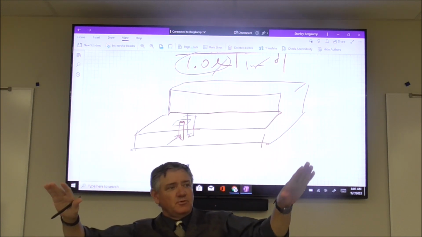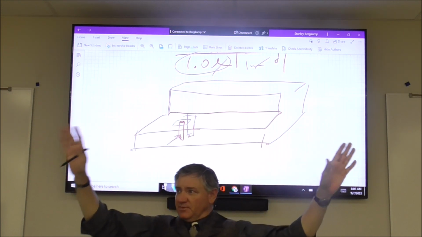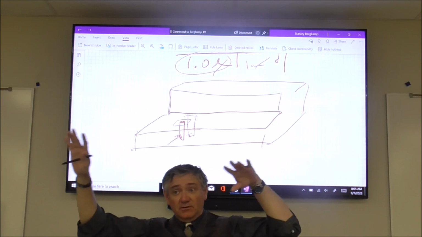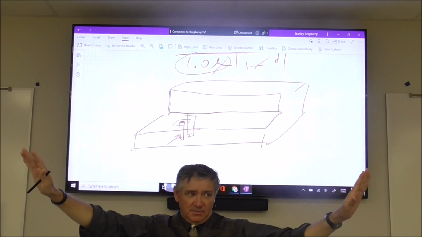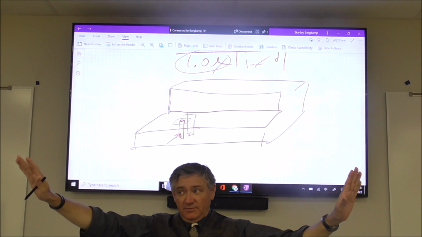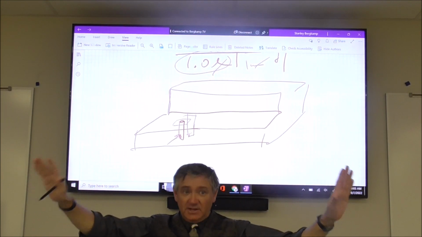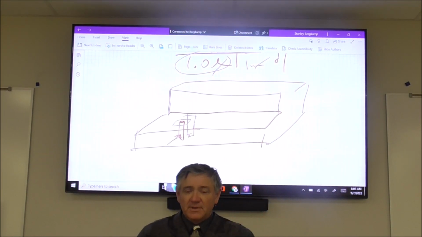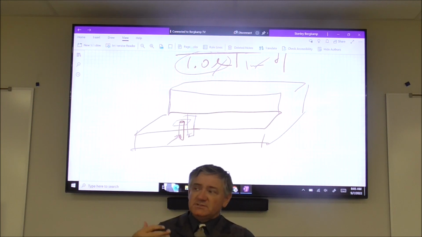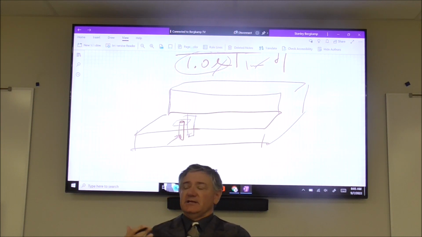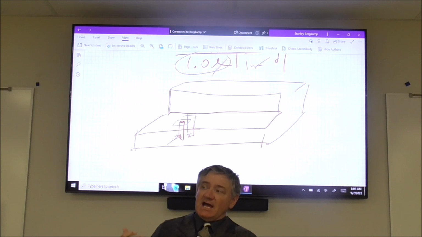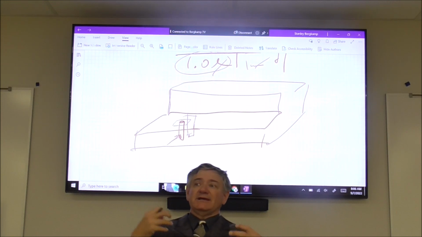So hopefully at some point you've heard of Roy G. Biv, the colors of the spectrum: red, green, yellow, all that good stuff. Know what I'm talking about? Have you heard of Roy G. Biv? Yes. Okay. These are the colors of the spectrum. So what you see as any color is because it actually absorbs every color except that